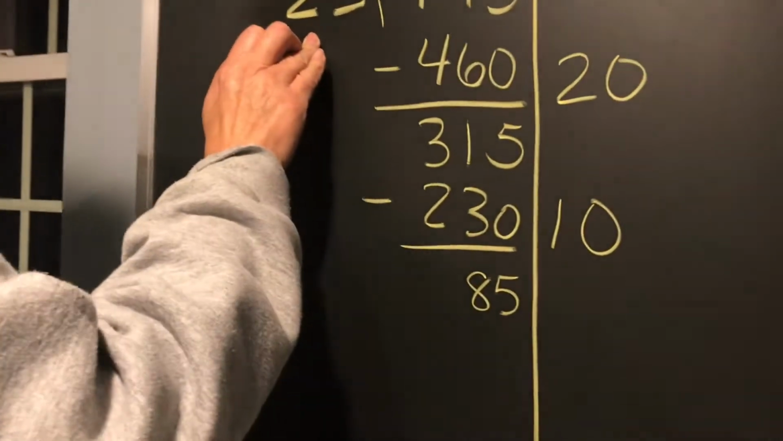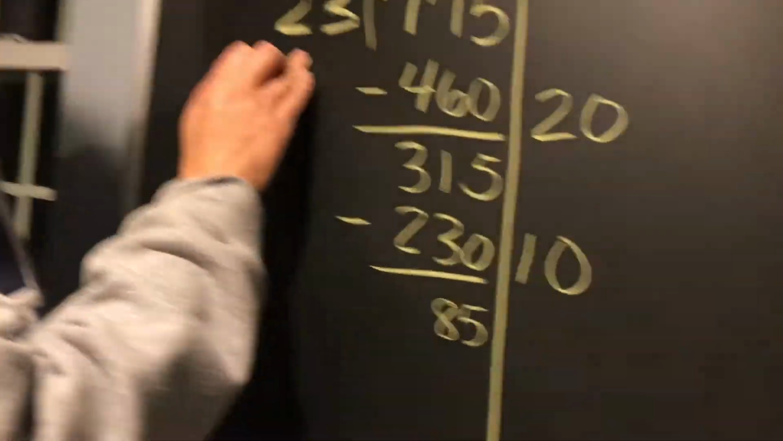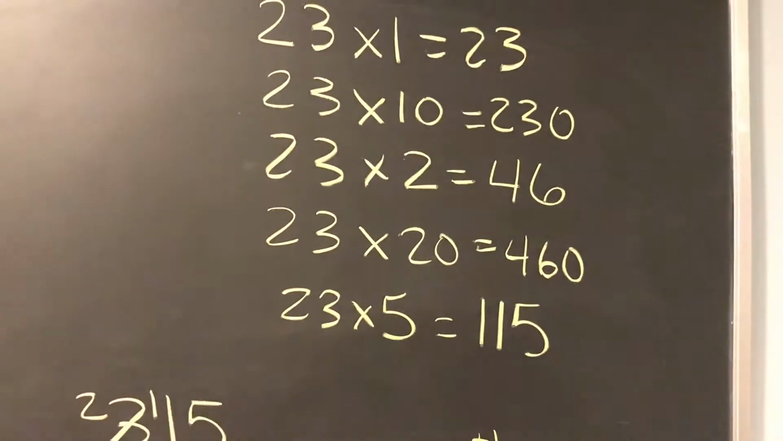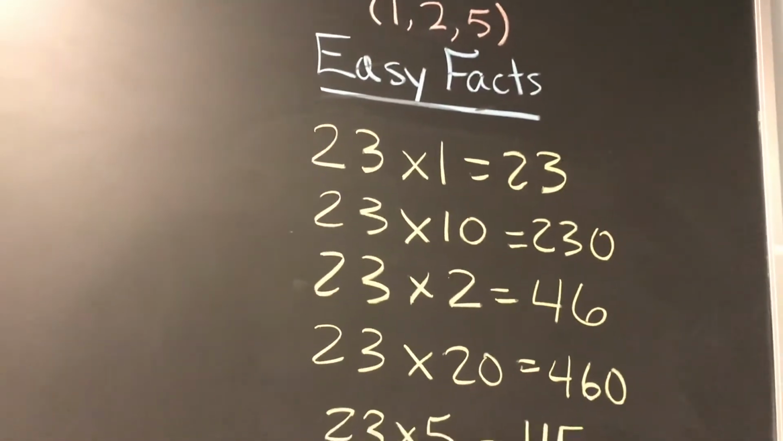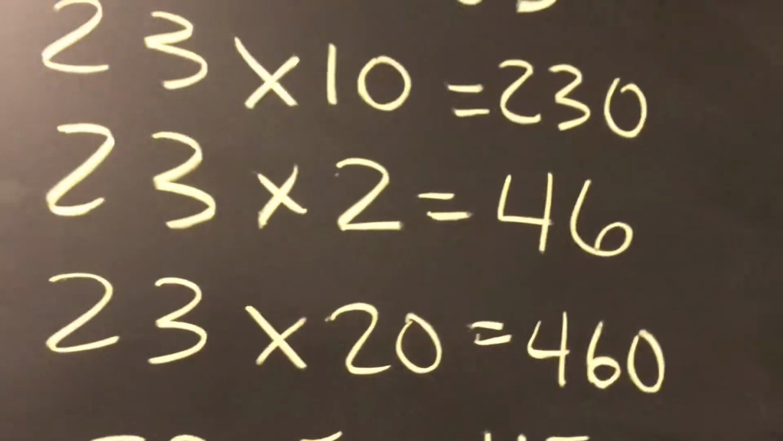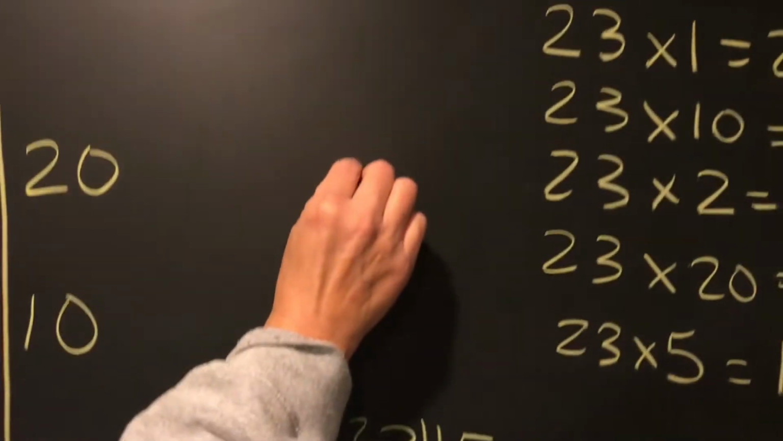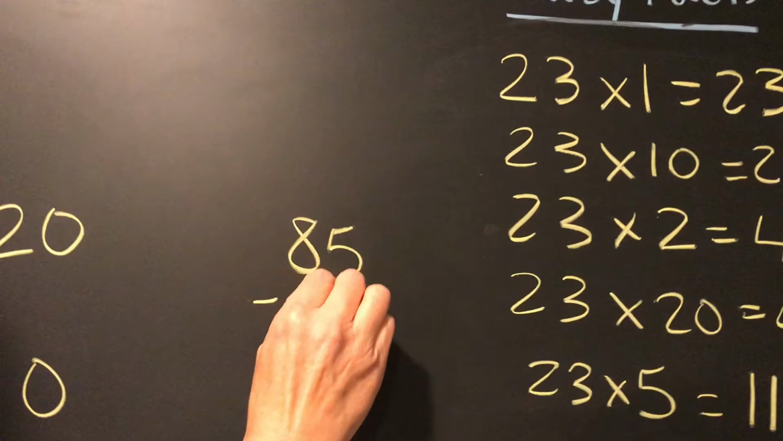85 is not less than our divisor, so we have to keep going. If we look over here, biggest thing we can take is 23 times 2, which is 46. Again, we're going to have to borrow, so we're going to pull it out to do the subtraction. 85 minus 46,